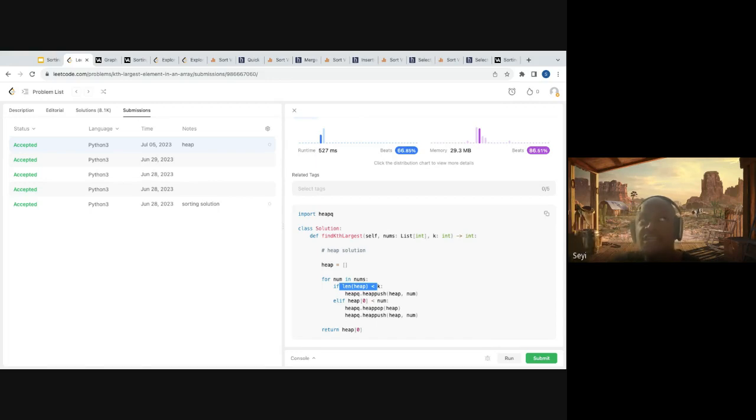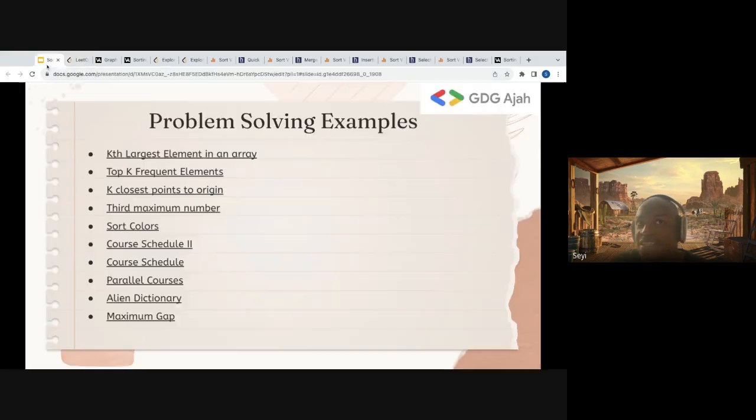Now, as I'm looping through, I can remove the items that don't fit into the heap and not consider them at all. And if they do, I push them in and remove the top continuously. So that's essentially that problem. Any questions on that?